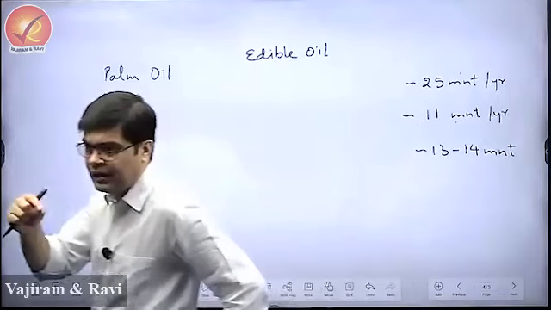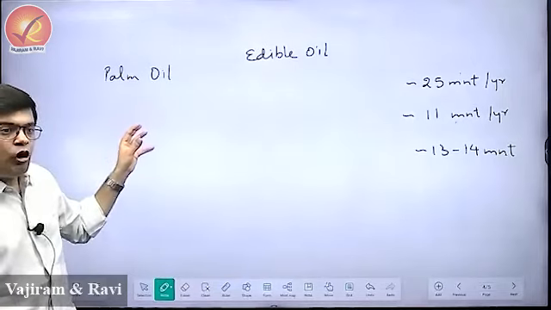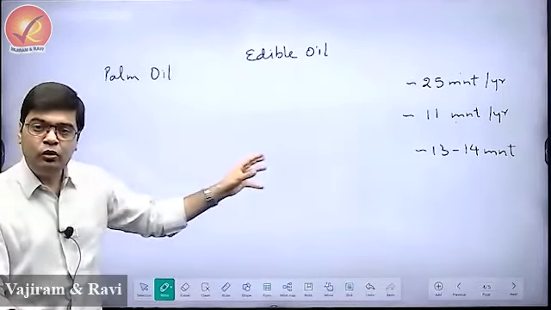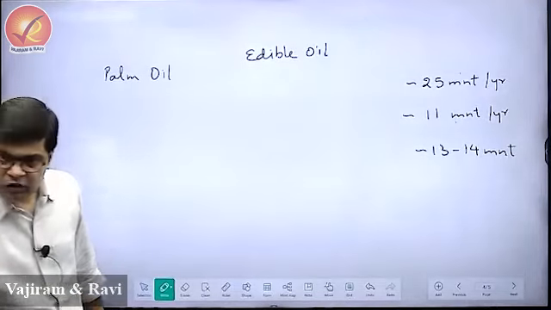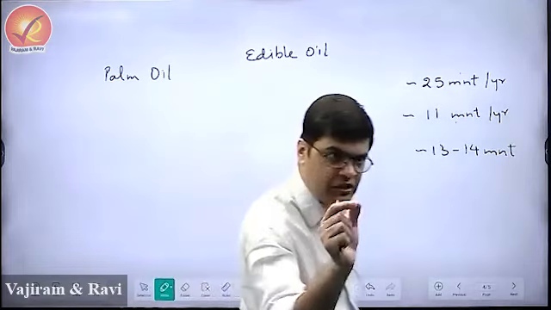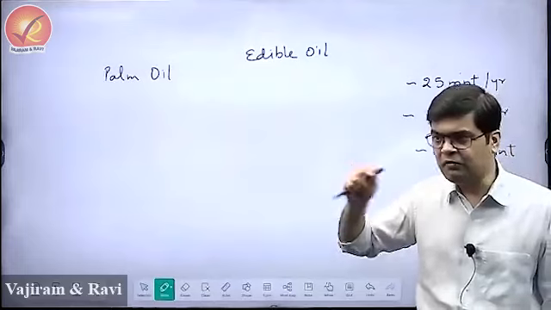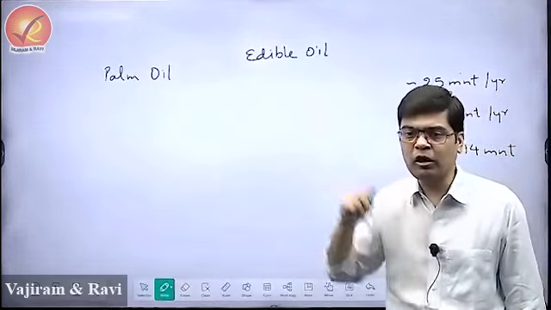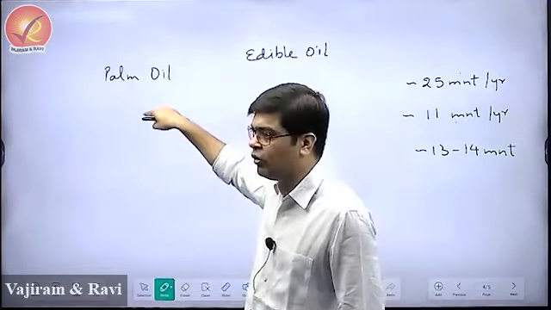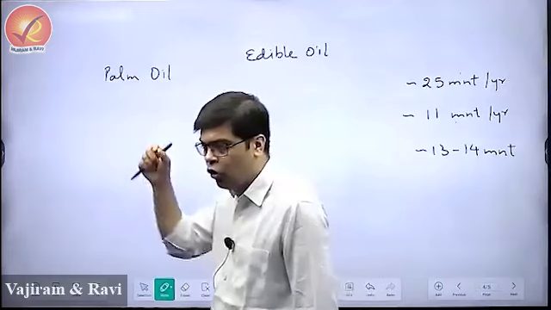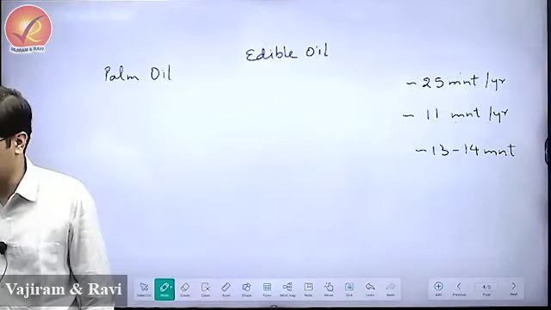If you look at palm oil, it is produced from the oil palm tree, which is not endemic to the areas which are today the largest producers of palm oil. Where do we produce the maximum palm oil? Malaysia and Indonesia, these two countries produce the maximum palm oil. These are the areas where we have very large areas under the cultivation of oil palm tree. But oil palm is not endemic to Malaysia, Indonesia or any of these regions. Oil palm is endemic to the equatorial regions of West Africa.